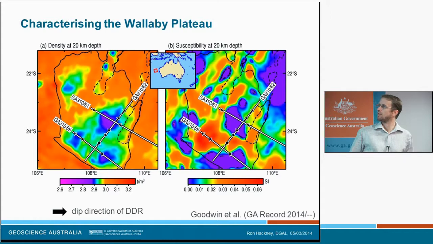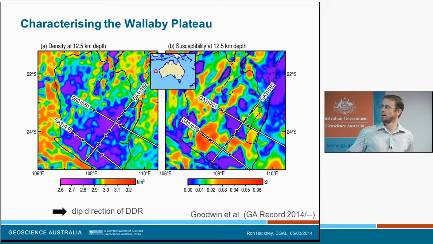to this plateau. If we're looking at the magnetic susceptibility here, again you see a similar thing. There's maybe these patches where we don't have very high magnetisation. And again, these DDRs maybe seem to be associated with regions of relatively high magnetic susceptibility. If we look slightly shallower in the crust, it's a similar sort of story. So a big patch of relatively low density, and again, these areas of relatively high magnetic susceptibility. So that's given us some kind of basic knowledge about what the crustal makeup is in this continental